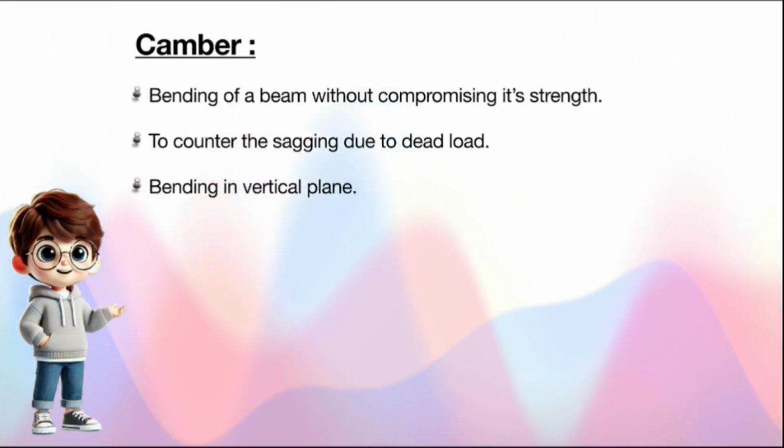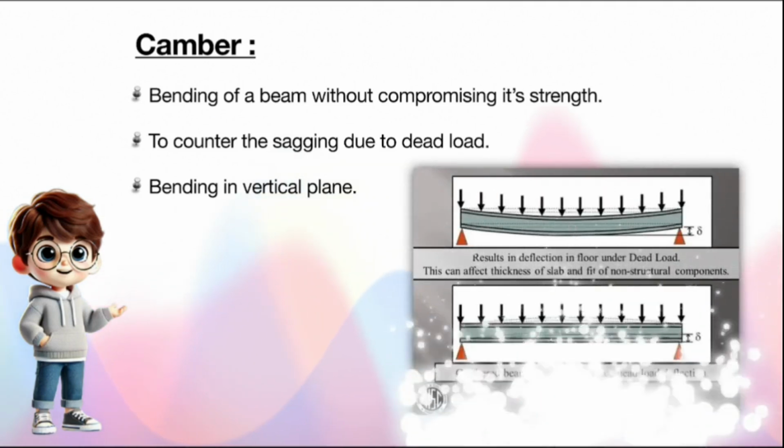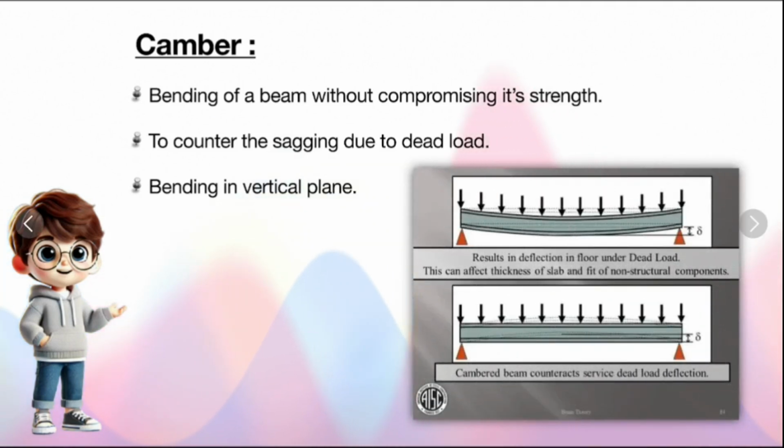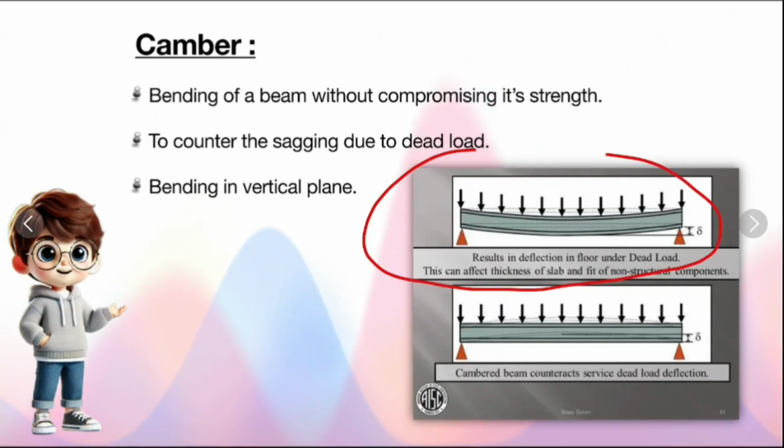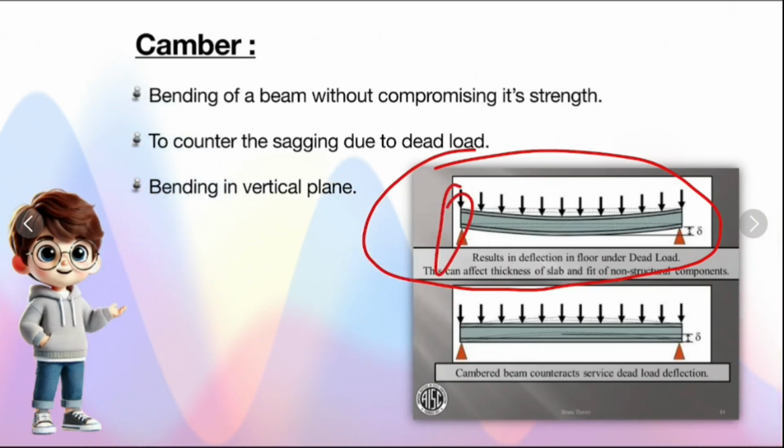Now we will see what camber is and what its requirement is. Camber is bending of a beam in the vertical plane without compromising its strength. If you can see this picture, these dotted lines are the beam before erection. After erection and installation of end connections, the beam will sag due to its self weight